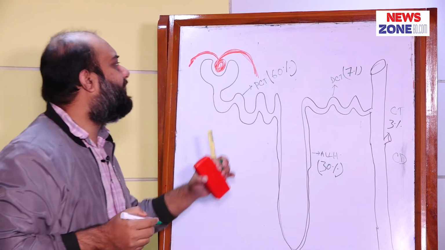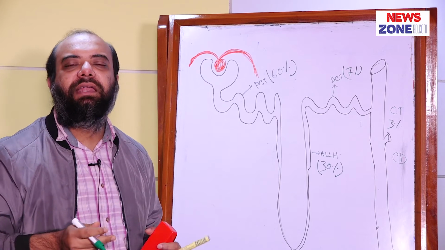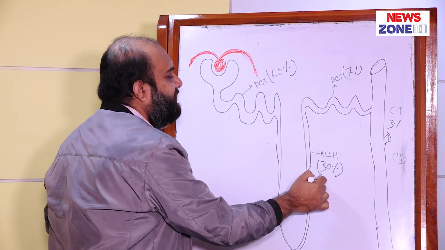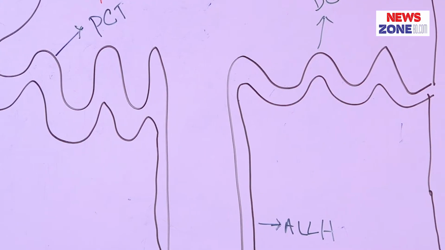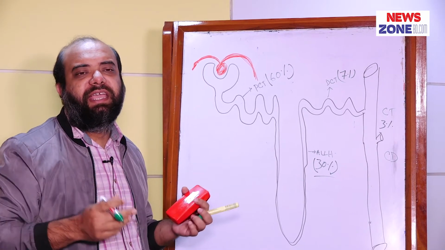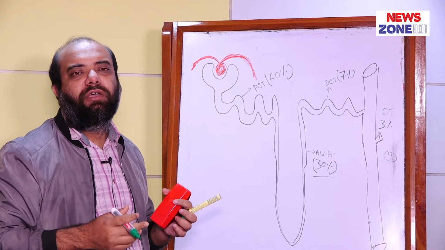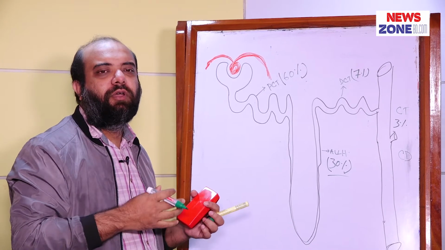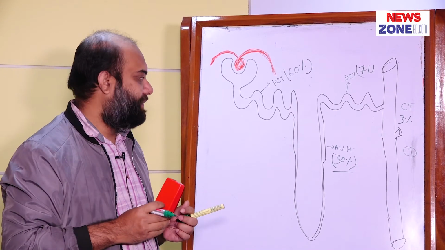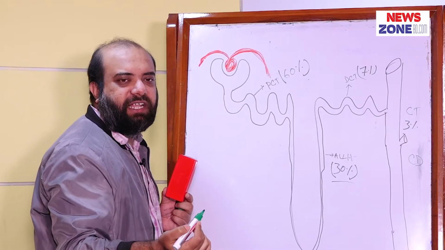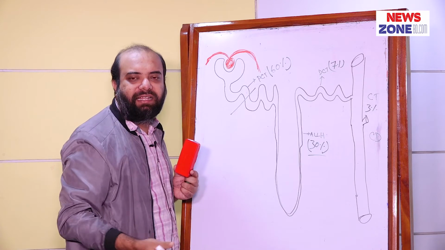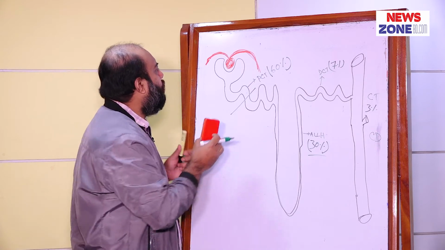Now we will sum all the percentages, and you can see it is about 100%: 60%, 30% here, and 7% and 3% from there. Now we will discuss the mechanism by which sodium is reabsorbed from renal tubules into the capillaries. If we cross section this renal tubular portion and enlarge it in another diagram, what can we show?